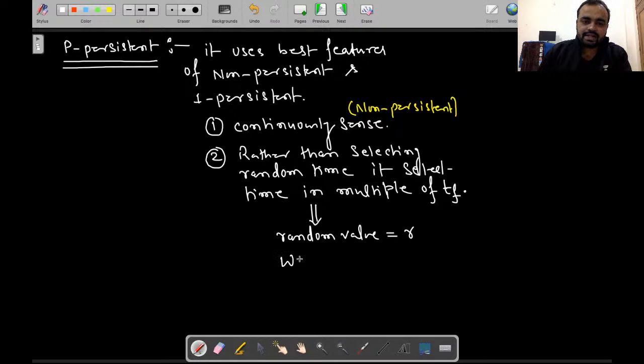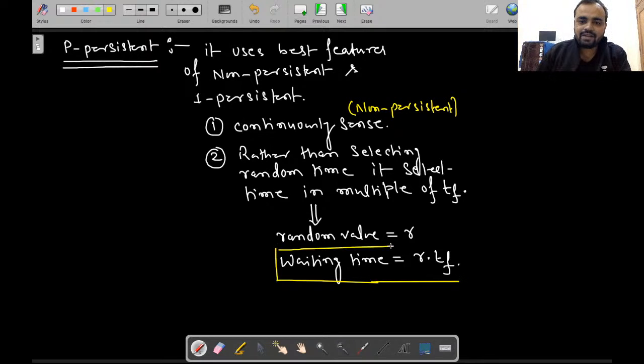Okay, and the waiting time will be calculated in this particular form. Waiting time will become r into tf. So rather than selecting the waiting time at random, it will select a random value r, and it will select the waiting time as a multiple of tf, where tf is the transmission time of a single frame. So here the random value r belongs to